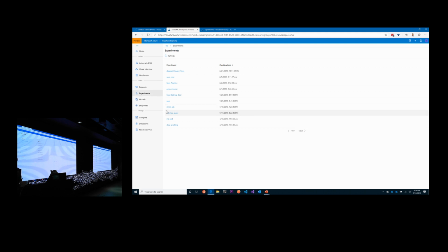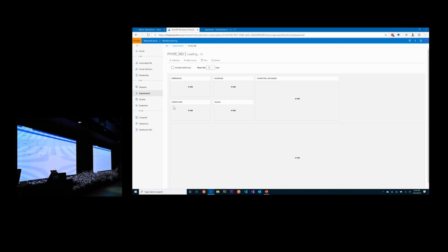Another way of doing it is, for example, and hopefully this loads up fast because it was slow earlier today. Basically, this is an example of me running that digits thing that I was showing you, but inside of Azure Machine Learning Service. Well, it might take a while. So I'll let it load up, and then you can see it a little bit later.